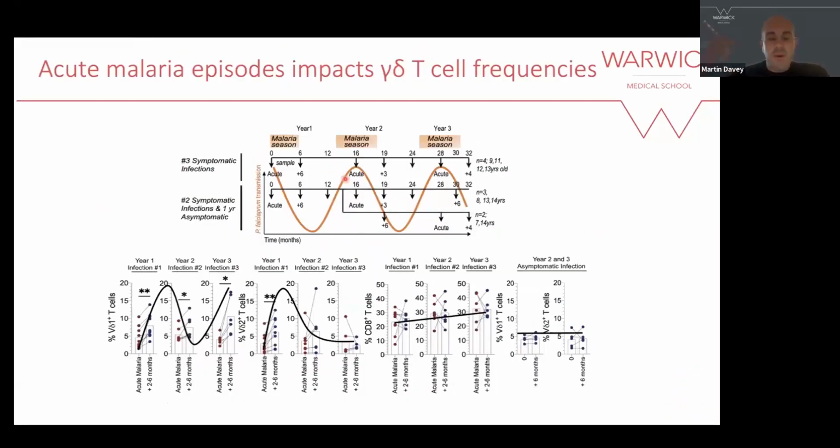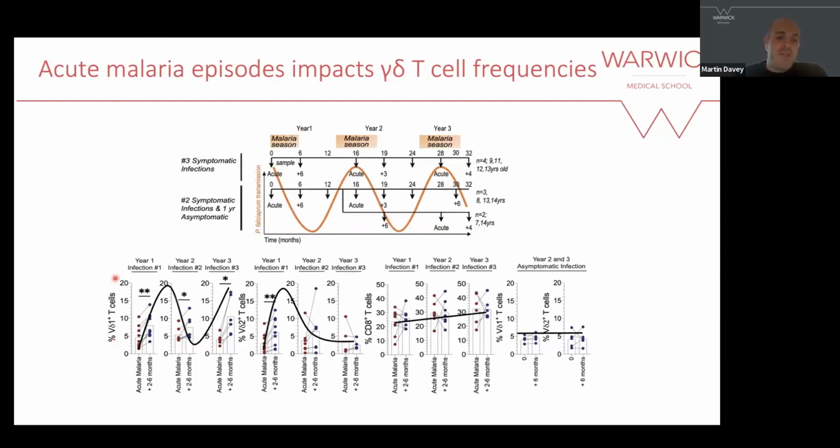And so within this population, we were obviously able to look at a lot of individuals at a specific time point, but also we wanted to look over time and see how this changed. And so this is quite a complicated map of the individuals, which obviously, it's a very complicated disease and complicated situation. But the bottom line is we could look over 3 years, 3 malaria seasons, denoted by this wavy curve, and looked at different time points.